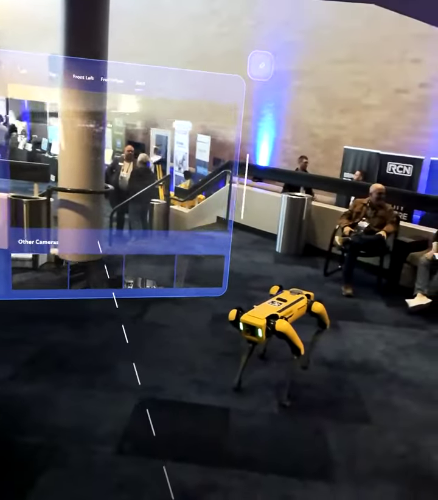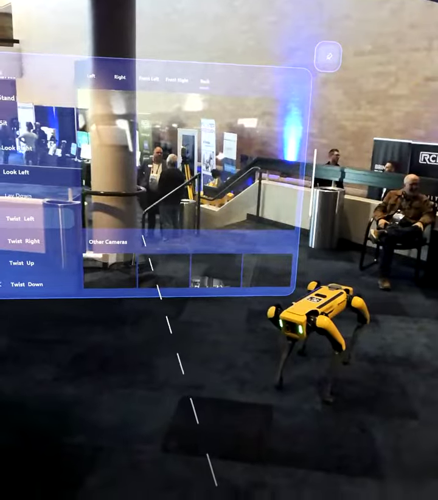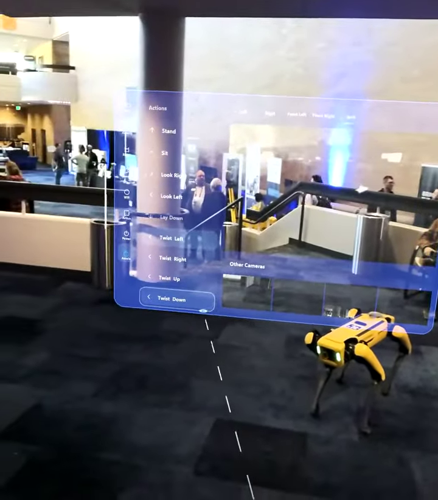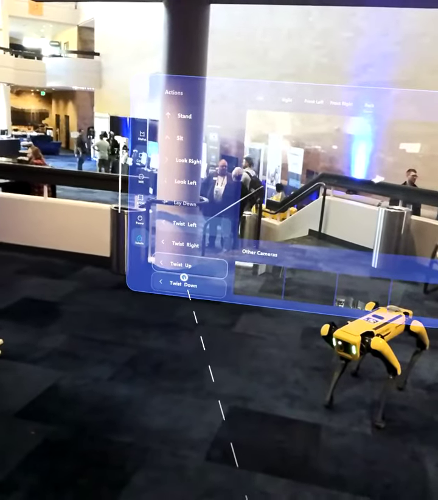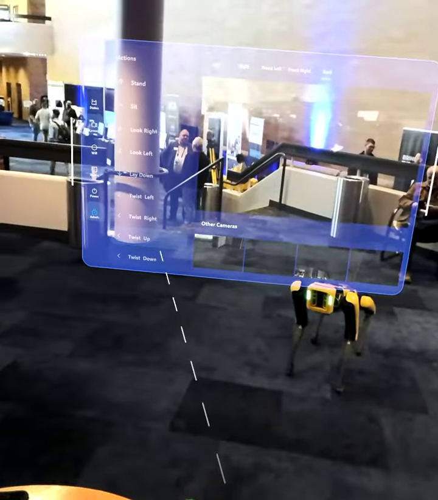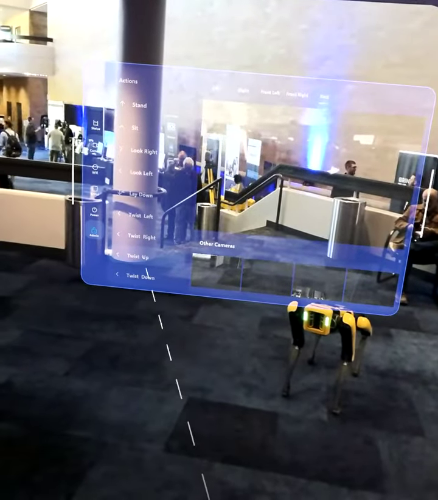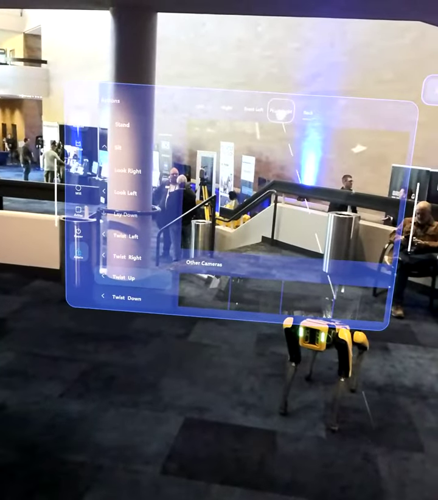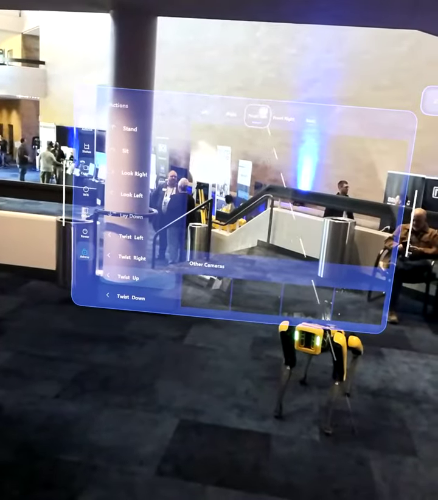So here we are using the Magic Leap with the Spot. You can see the Spot in the distance. My coworkers are in the background, and I'm able to do various activities with the Spot, including moving the Spot around. You can see it twisting up and down, and you can see the camera feed updates as the time goes on there. And I can change the camera views,